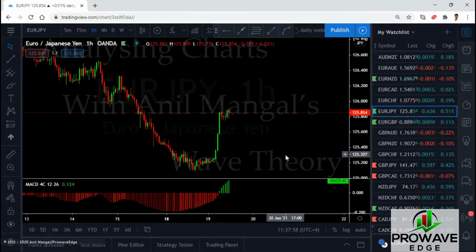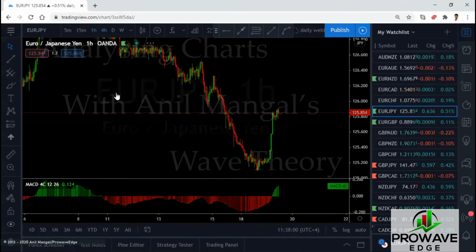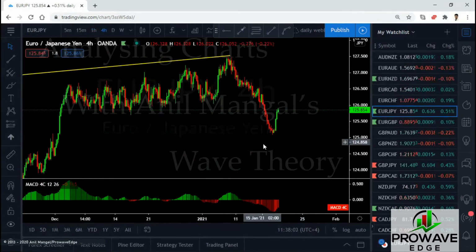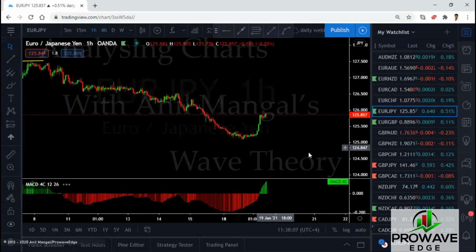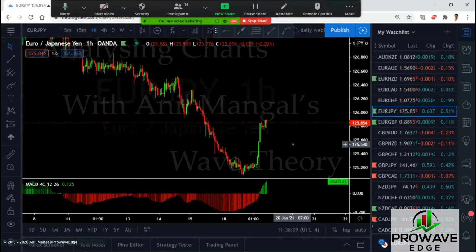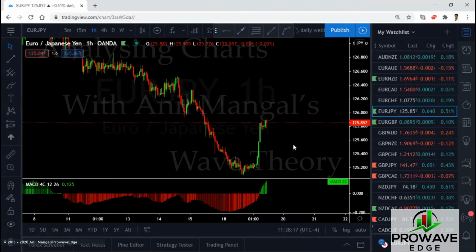Euro yen. Okay, we're getting the buy setup finally. Finally, we're getting a buy setup. So great. We want it to the upside because there's a big move to the upside. So let's see if we're going to get it. We're getting consolidation here, and that means we can look for a trade setup. It looks like a very small running flat, so we can trade it as a small running flat.